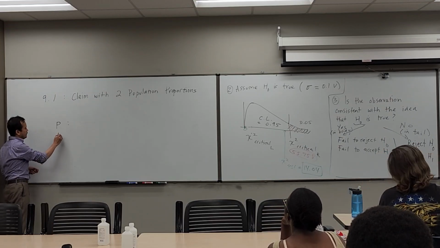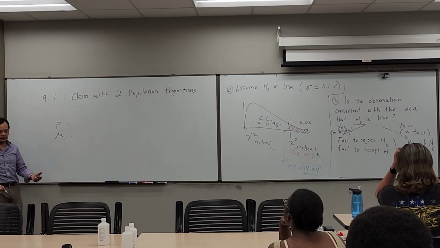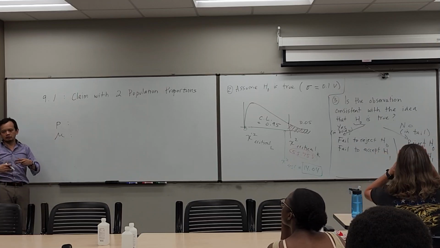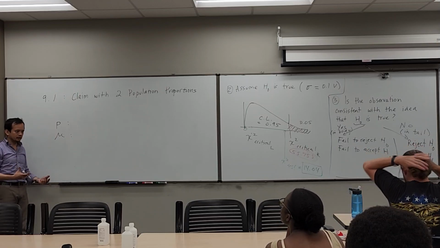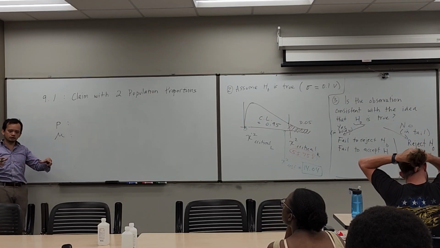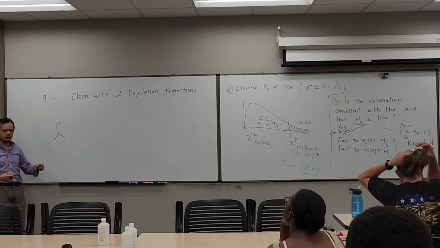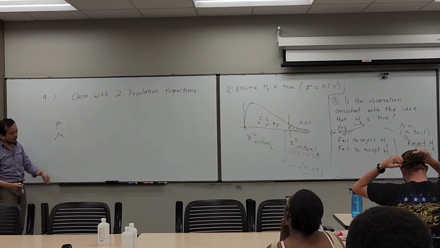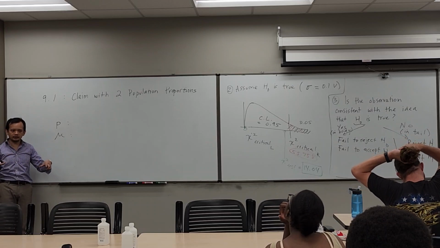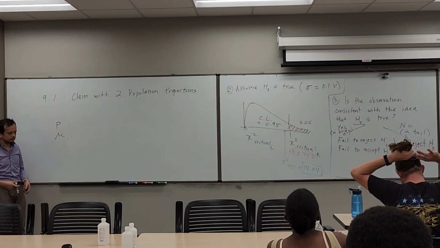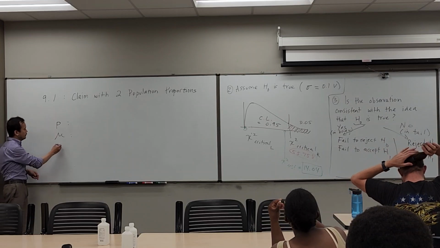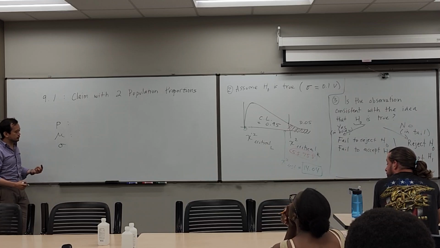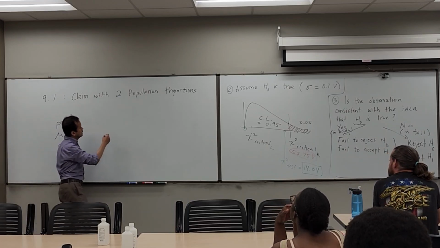Or when we did a claim involving a mean, we did the example of a mean IQ for this new country that you're visiting. So the average IQ for everybody in this new country you're visiting, that has to do with one population. And so we're dealing with this measurement for that one population. Or the one we just did with a standard deviation for the entire factory. That entire factory was the one population. So all the cases we've done so far were measurements involving one population of interest. So now we're going to do two populations